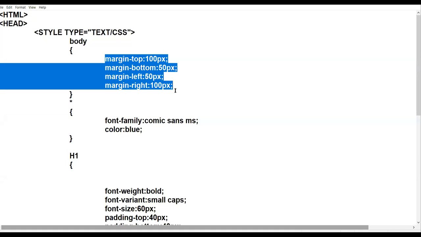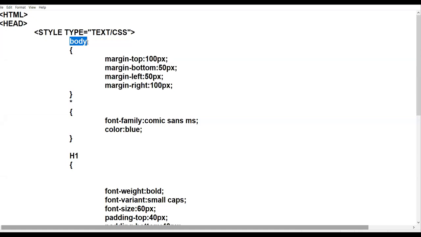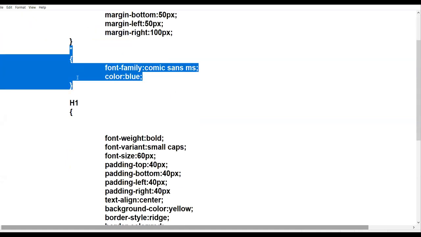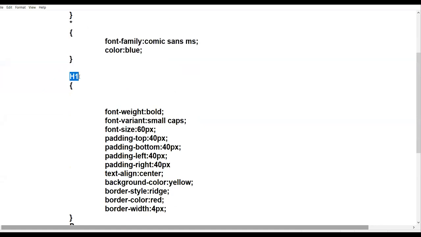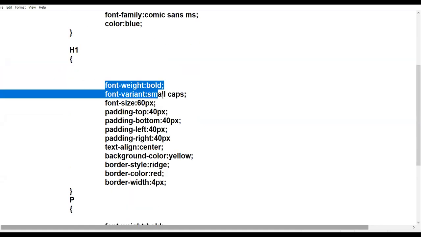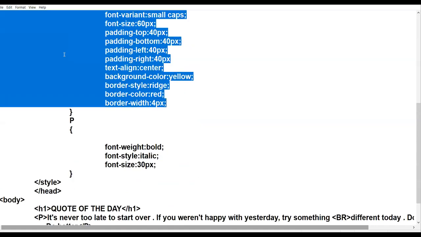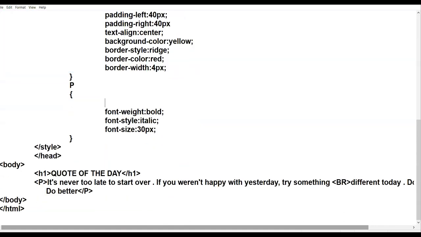Whichever tag you want to apply properties on, you take those tags as selector and you apply the properties. This is the universal selector. This is the H1 selector. These are the properties applied on the H1 selector. These are the properties applied to the paragraph selector.